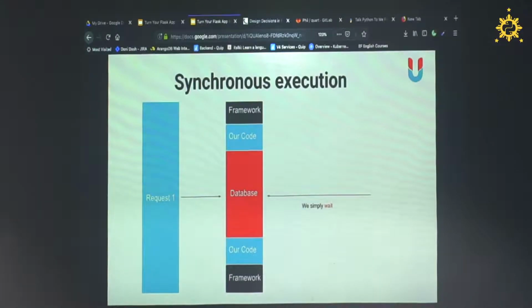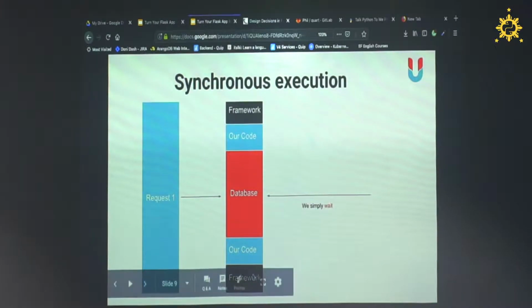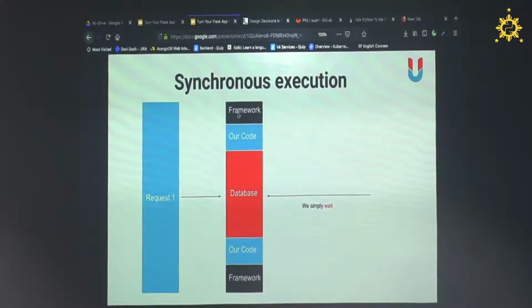If we go deeper, this is the bigger picture of what happens to the first request. The first request goes to our framework like Flask, Django, or something like that, and we do some processing with the request, and we have some database call.